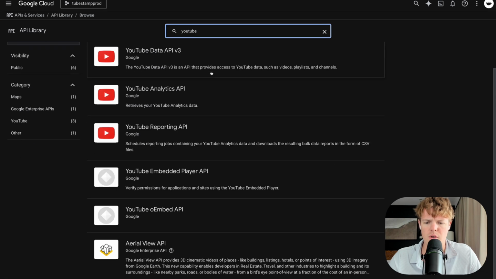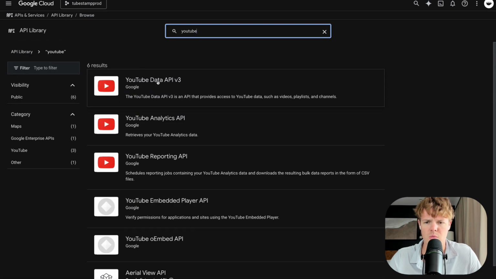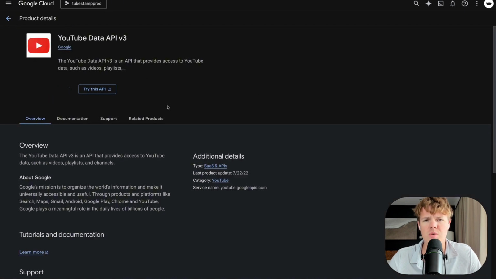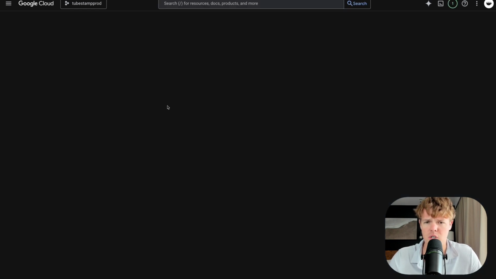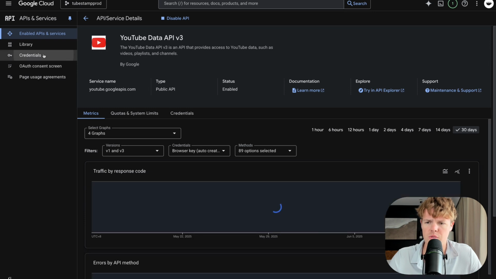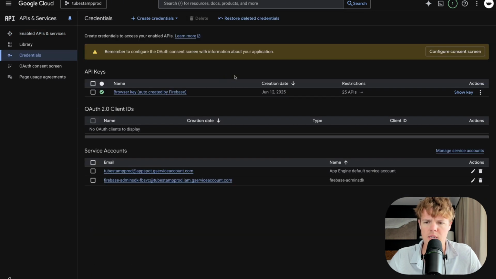Once YouTube shows up, you'll have a bunch of different options. Usually it's the most recent one. So for us, it's YouTube Data API v3. I'm going to hit enable. Once we do this, the YouTube Data API, which allows us to get data from YouTube, will be enabled in our GCP project. So we're going to come over here to credentials,